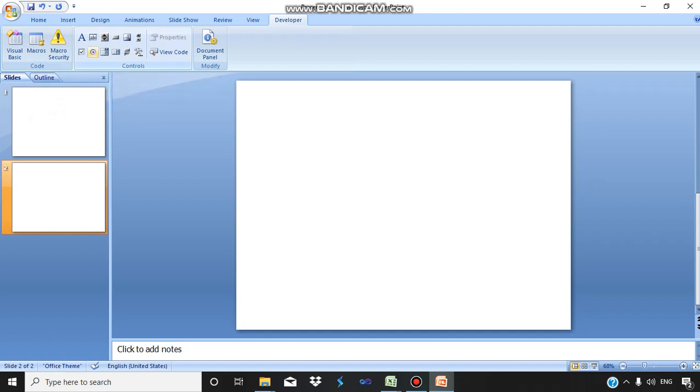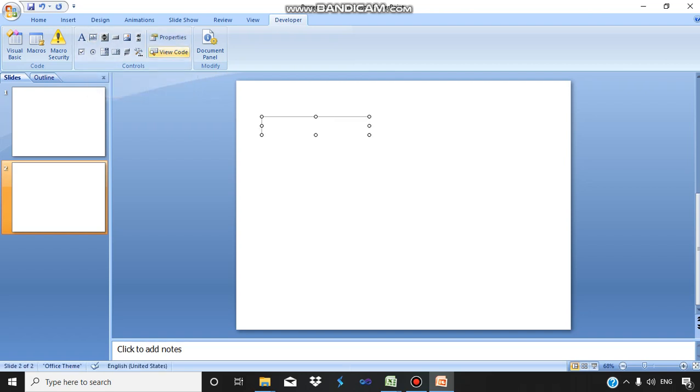These are various controls from which we will be using some for creating our macros. Let's first select the text box control. Bring your mouse pointer to the text box ActiveX control, select it, bring the mouse pointer to your slide and draw a text box there.